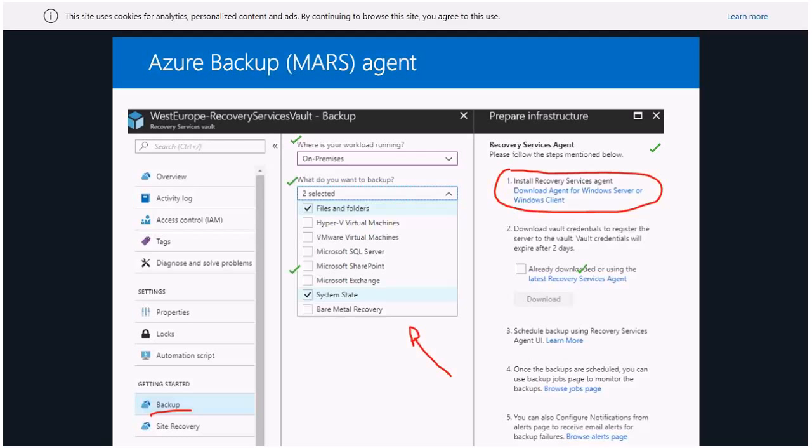You need to download there to get the register key, because in order for the local backup agent to get the data and send the backup to your Azure Backup Vault, of course, it needs your subscription, usernames and passwords and things like that.